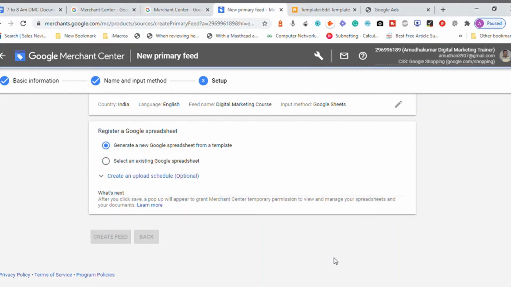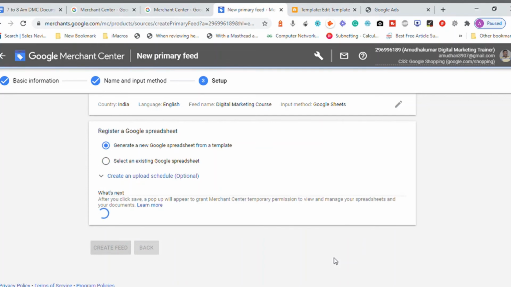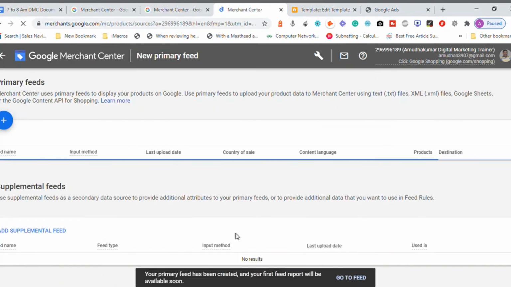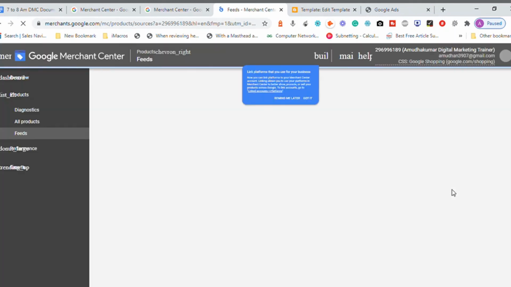So I'm allowing the email ID to access Google Merchant Center. Now it is authenticating. You see, authentication will be successful because I have used the same email ID for Google Merchant Center and also for the Google Ads account. It is done. The new sheet has popped up.